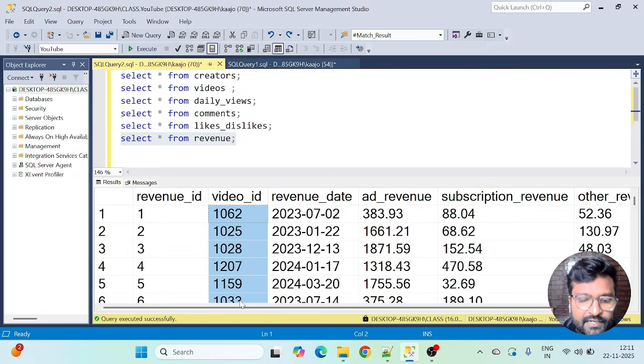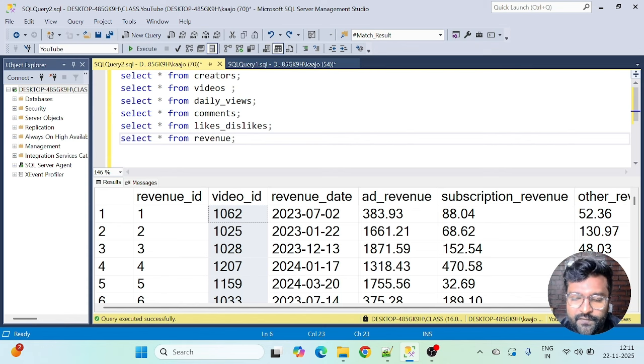So I have actually kind of followed the star schema here where video ID is just like my fact table, and whatever tables that we have, apart from videos table, they are kind of dimension tables. All right. So I have actually prepared a list of around 50 plus questions that I will start solving with you guys now in this video itself.